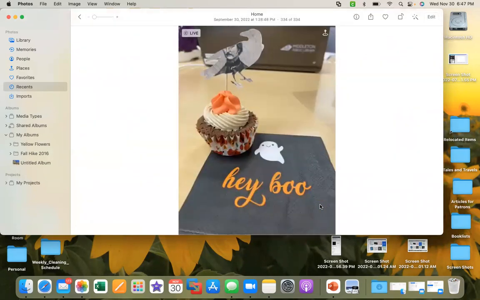Yes, okay. So this was around Halloween. We had an in-service day and we were having fun. One of our coworkers baked cupcakes for us, and then we made cupcake toppers. So this was one of the Halloween cupcake topper